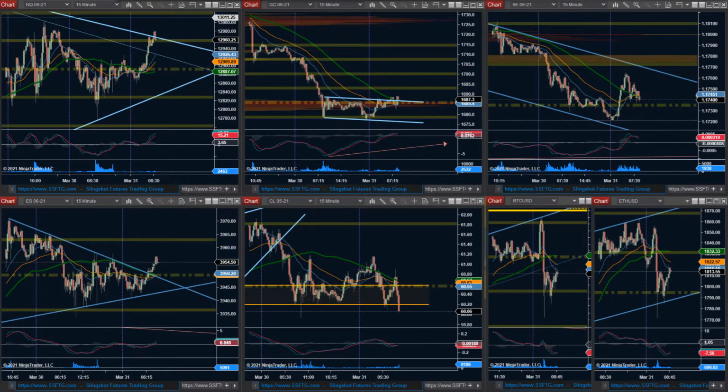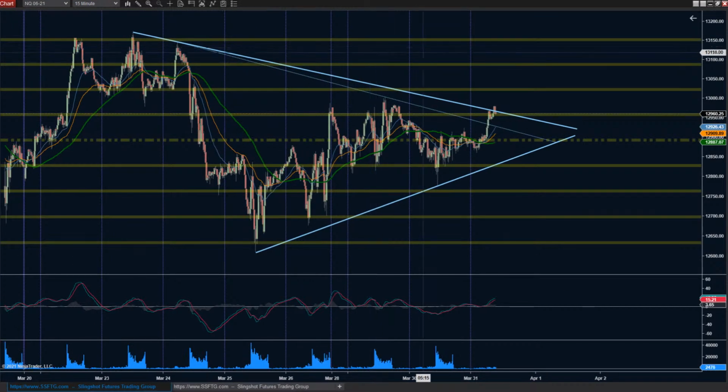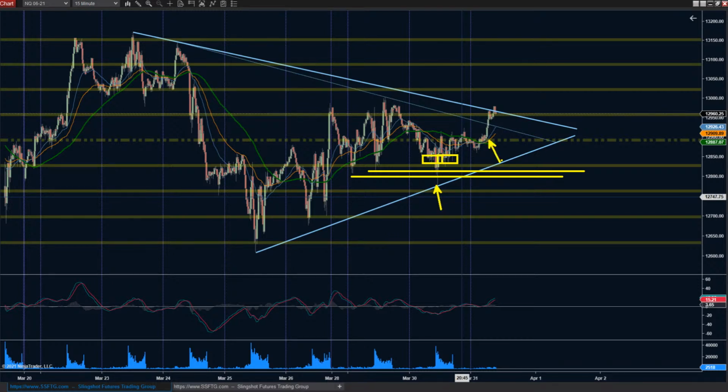Looking across the board from the top down, we've got the NASDAQ coming off of the top of the wedge. I mean, really, it hasn't done anything. It's still stuck in this wedge, stuck in this range. Nothing's happening. It's trying to go higher. It's trying to go lower. It does appear as though the majority of the traps are happening on the lows. So, realistically, with all the wicks, all the traps, everything else being a little bit more predominant on the bottom side, it does give emphasis to the bulls, which obviously led into this breakout to the upside.